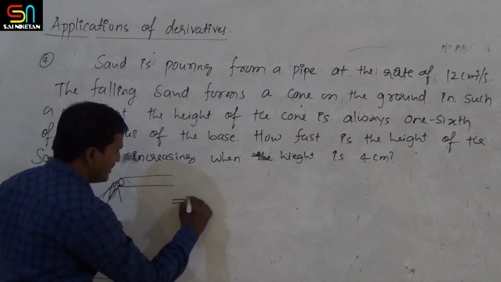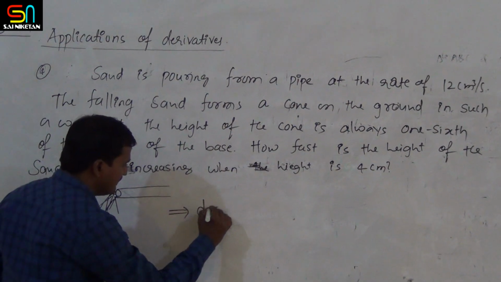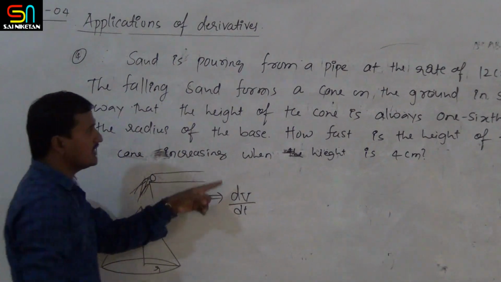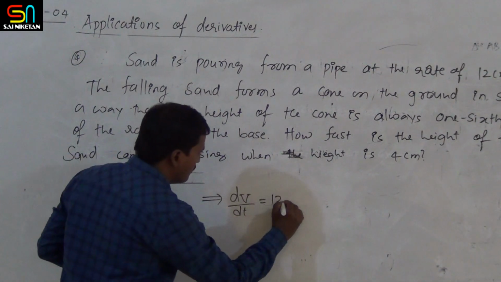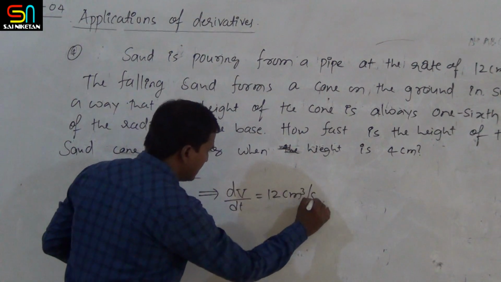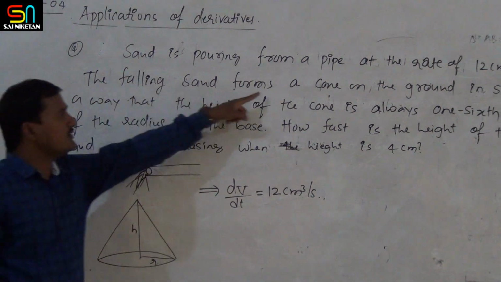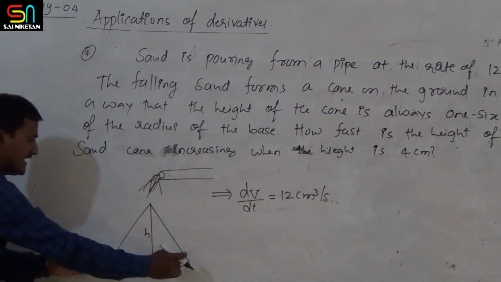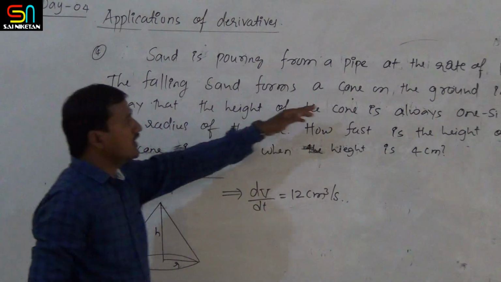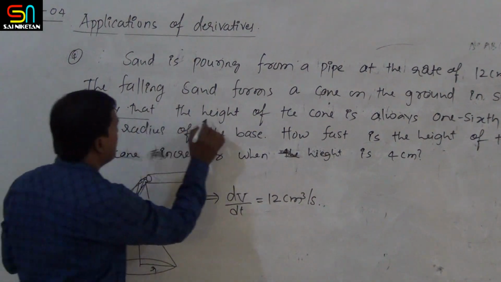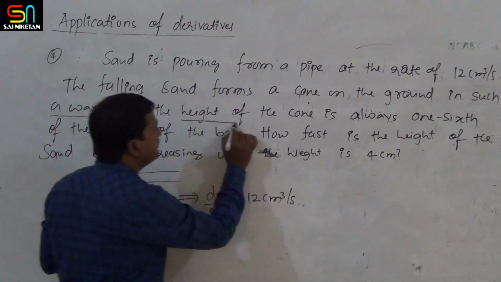It means that there is an increase in the volume of this cone. What they have given is equal to 12 cubic centimeters per second. Next, the falling sand forms a cone on the ground in such a way that the height of the cone